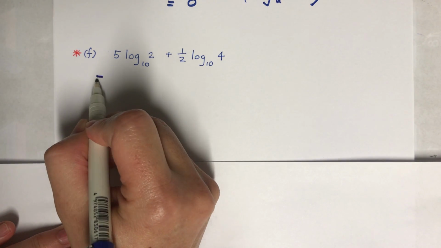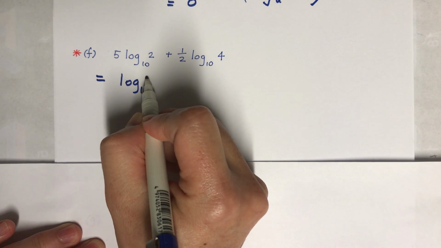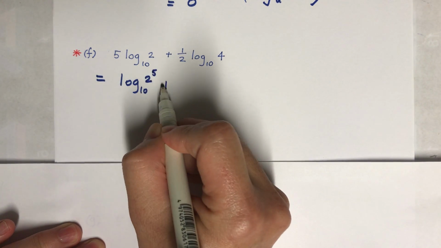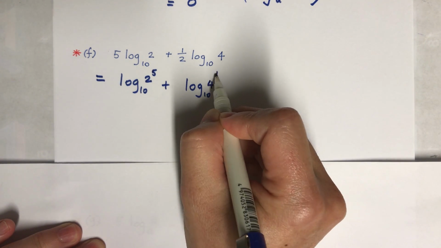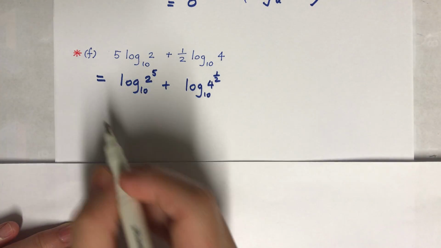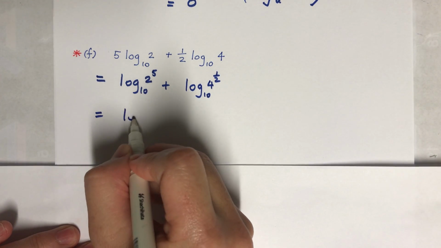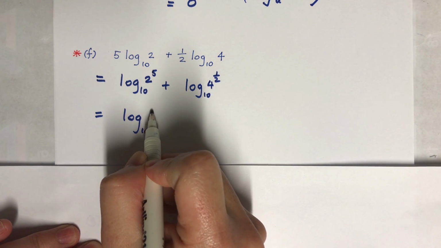So I'm going to change this one to log base 10 of 2 to the power 5, plus log base 10, like that first. And then what I'm going to do is log to the base 10 of 2 to